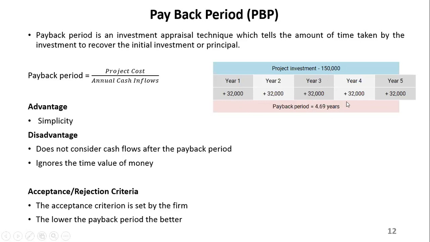No, it's still not going in like that. How long will these inflows take to reach 150,000? If you add the 32,000 plus 32,000 plus 32,000 plus 32,000 like that, after how many of them will you reach 150,000? That will become your payback period. So like this one, it will take about 4.69 years. Basically, you take that 150 and divide it by 32,000, because it's constant for all the years, and you should get that 4.69 years.